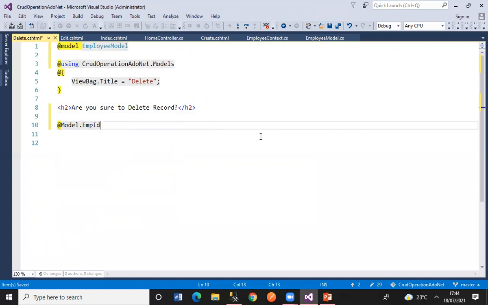I'm going to take one br here, and this particular br I'm taking to make the details display line by line.